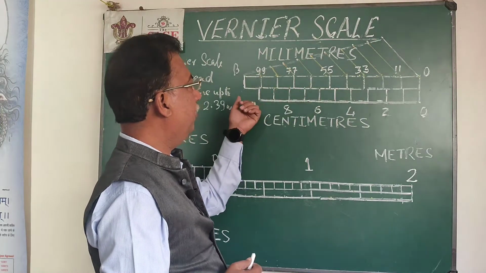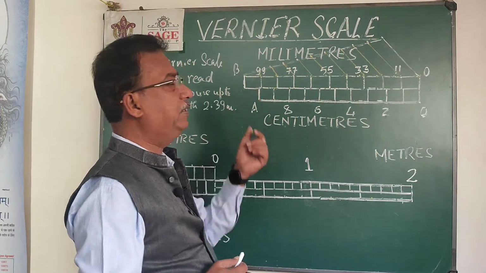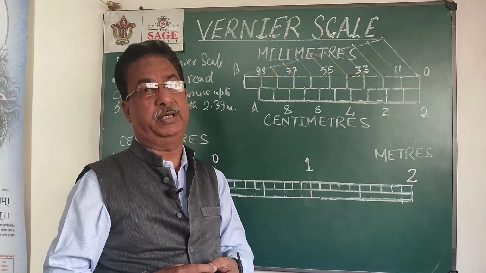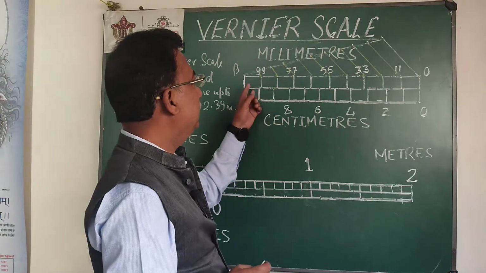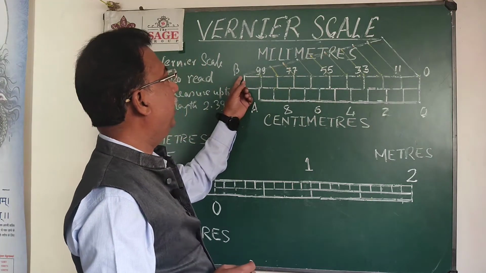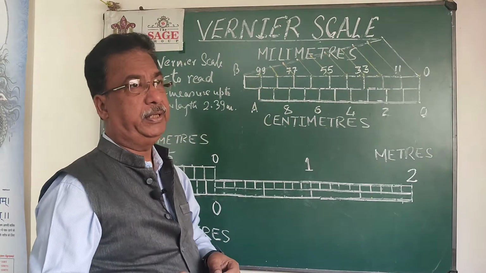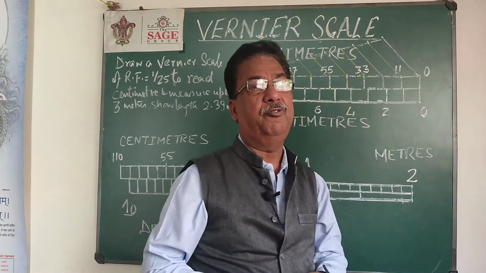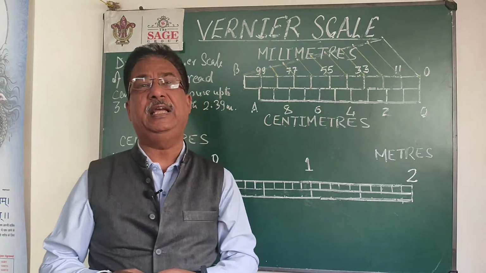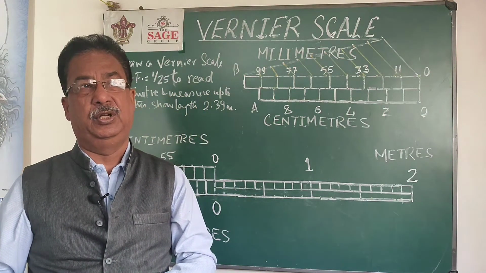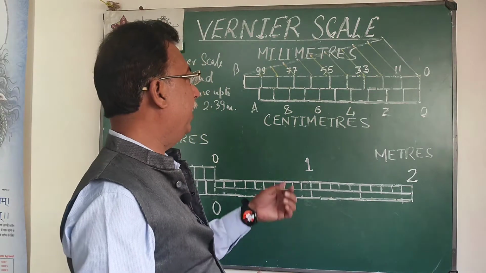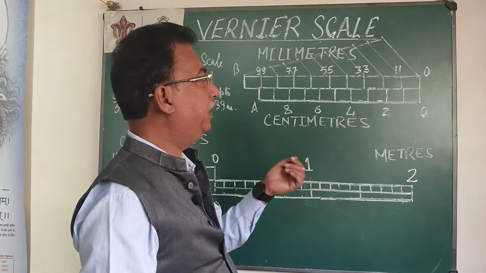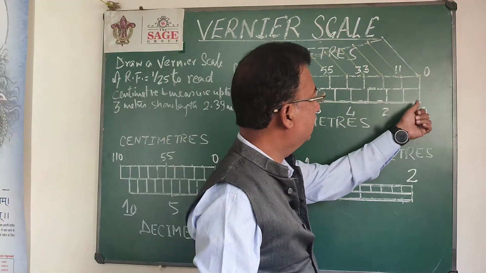But in the vernier scale, we have taken an 11 centimeter length and again divided it into 10 parts. The 11 centimeter total length is equal to 110 millimeter, and dividing that into 10 parts, this one part will be 1.1 centimeter, or you can say 11 millimeter. So in this way, not by dividing the first part into 10 parts but by generating a vernier scale, we can get the third fraction.